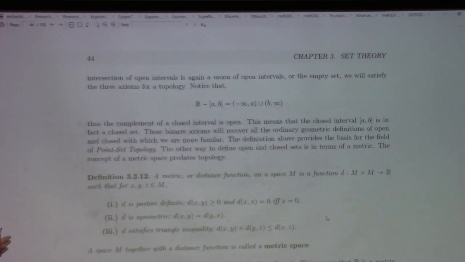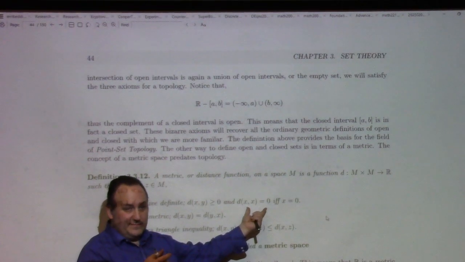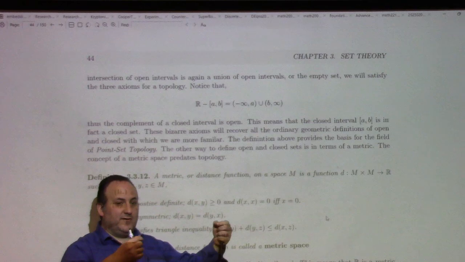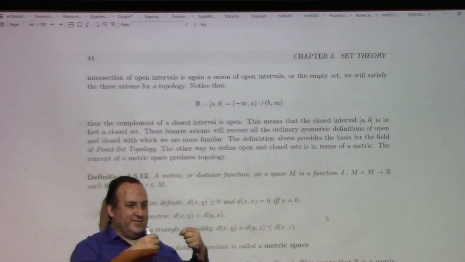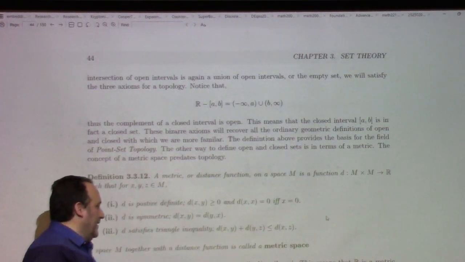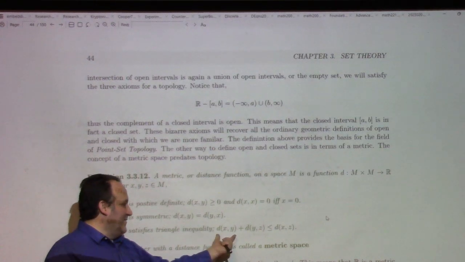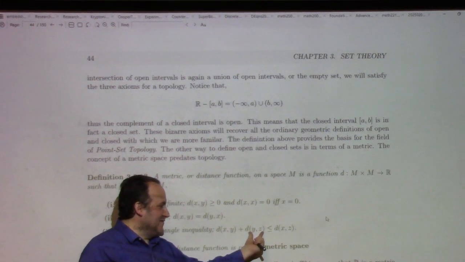So this is what's called a metric. The metric is a way of abstracting the concept of distance on a space. And we'd say that the distance has to be 0 or positive, for one thing. And then the other part of this definition, when stated properly, is that the distance from x to y is 0 only if x and y are equal. They have to be the same point. Only a point is 0 distance from itself, all right? That's what's supposed to be there. That's a typo. And this down here, this is just not true. The distance from x to y plus the distance from y to z should be greater than